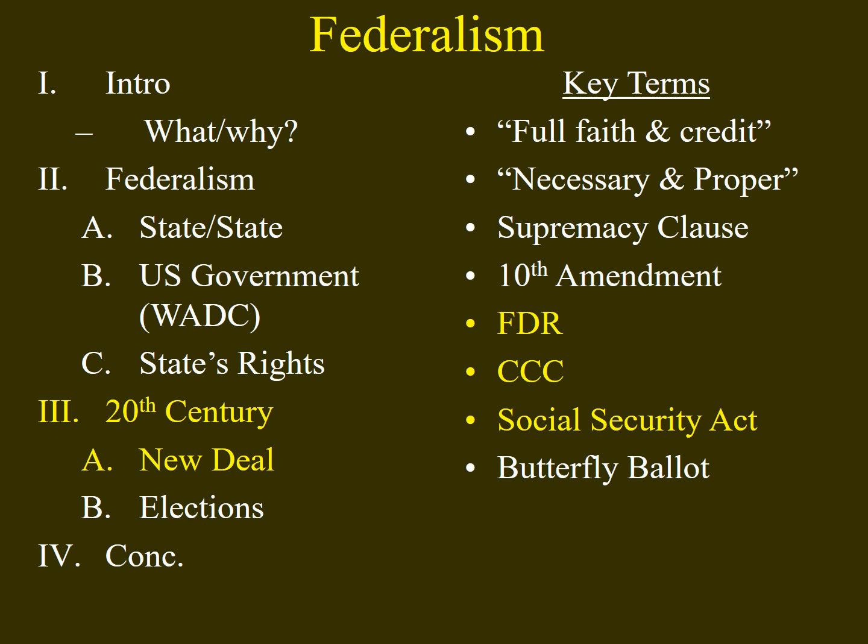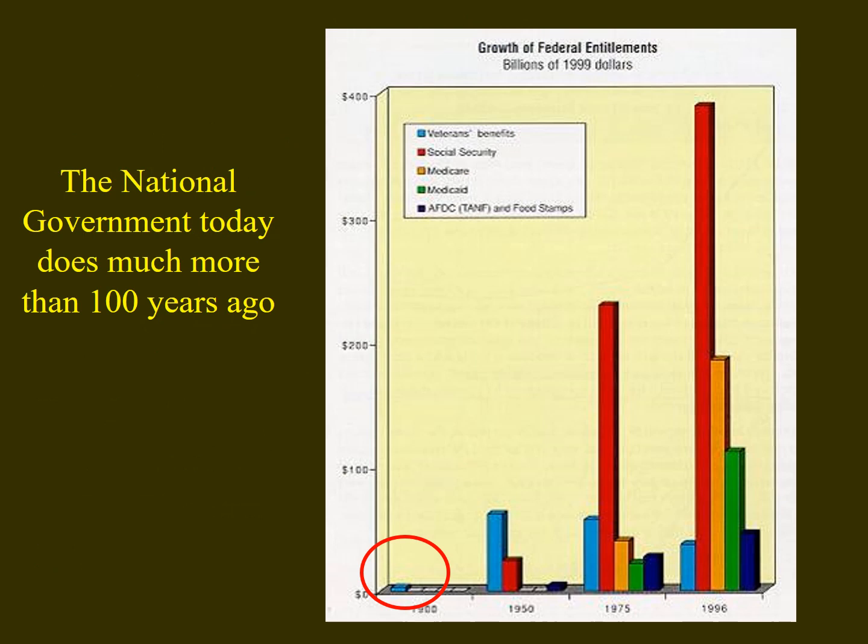So far, we've explored how the Constitution addresses federalism. Now, I'd like to look at past history, and particularly the 20th century, beginning with the 1930s. Throughout the 20th century, the national government has grown in size and power. If you look back at this circled area here in 1900, the national government provided very few direct benefits to the American people. But over the years, you can see that benefits increased dramatically. There's a lot more that the national government does today than it did over 100 years ago.